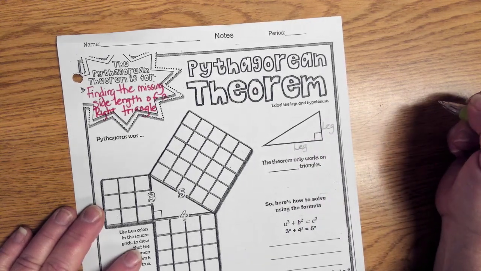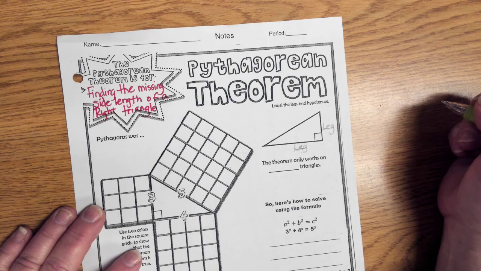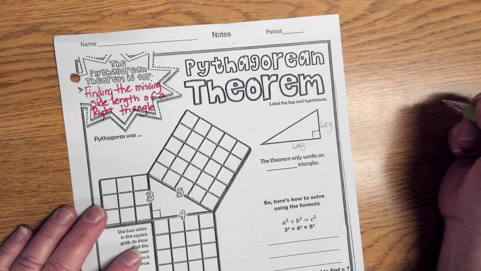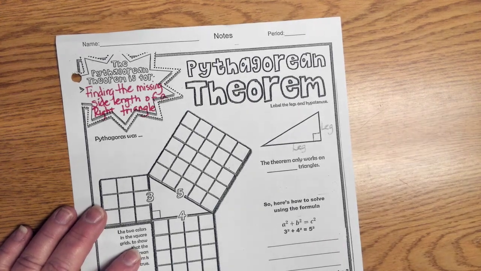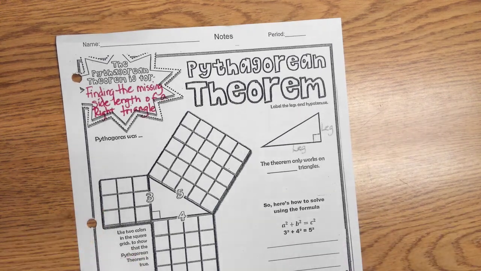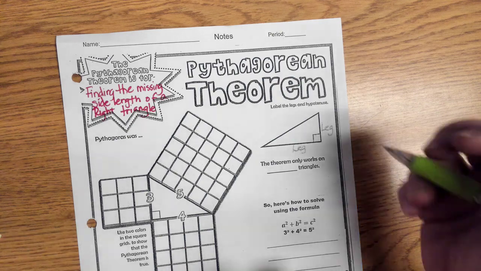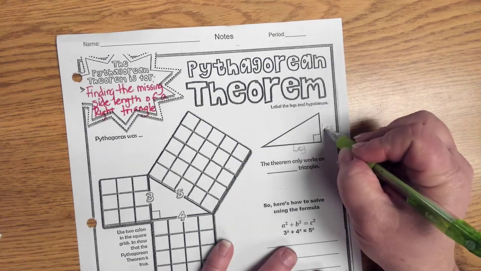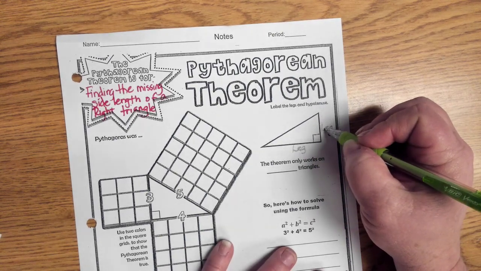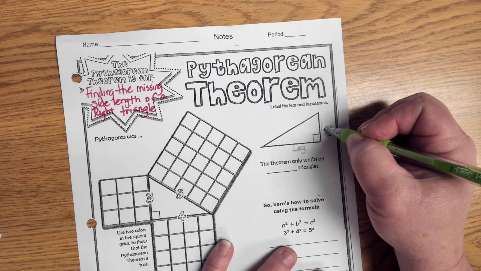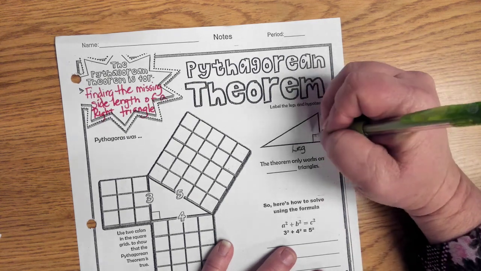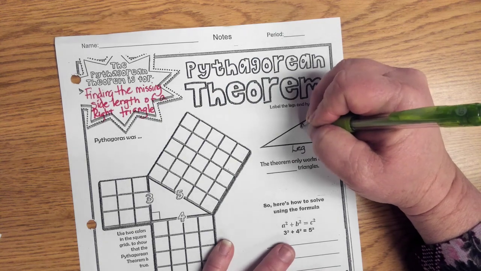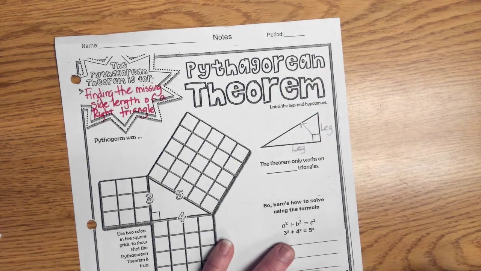So you have 2 legs. You have 2 legs and you have a hypotenuse, which is the diagonal side. And the way that we can always identify what is the hypotenuse is the legs are always adjacent. What does the word adjacent mean? Next to. Okay? Adjacent means next to, and we can always go from the right angle and draw an arrow